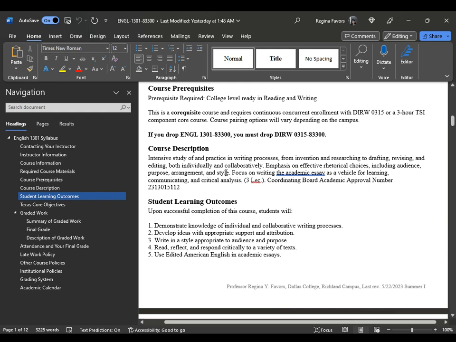So, student learning outcomes upon successful completion of this course. Students will be able to demonstrate knowledge of individual and collaborative writing processes, develop ideas with appropriate support and attribution, write in a style appropriate to audience and purpose, read, reflect, and respond critically to a variety of texts, and then use edited American English. And so there are no collaborative writing processes for this online course, but there is individual work